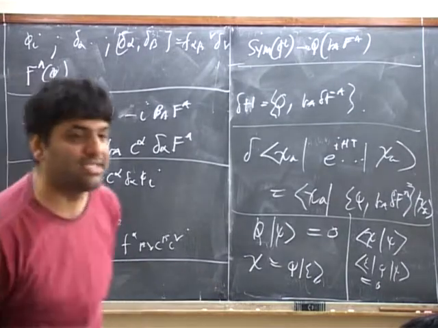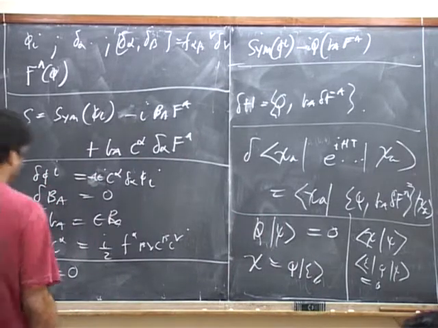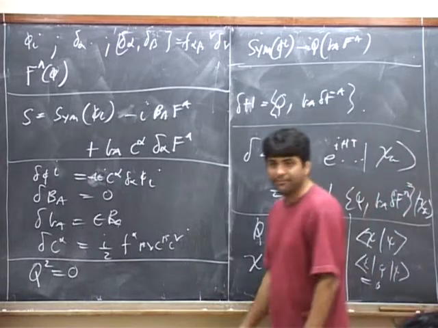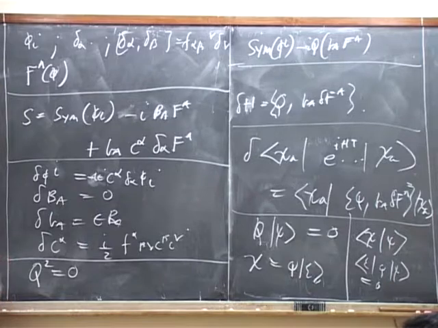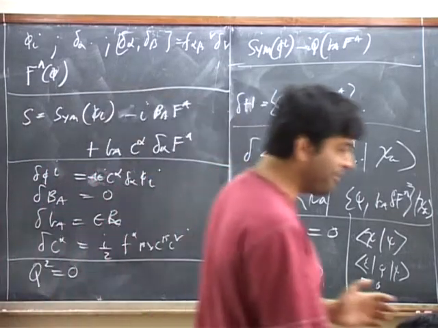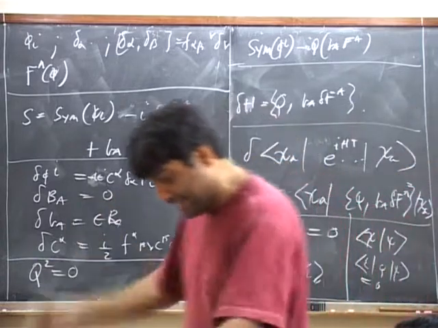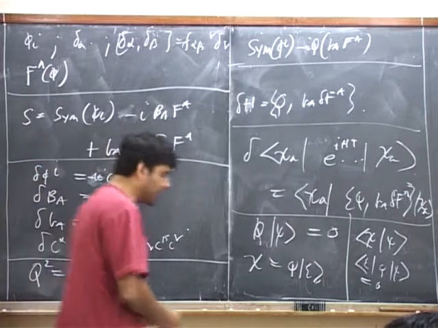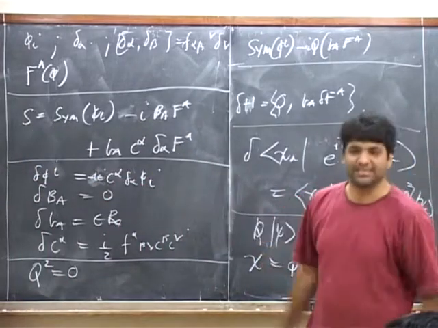So clearly these states should be thought of as describing the same physical system, because they're physically indistinguishable. Okay? So our final prescription was as follows. The true Hilbert space of the theory is made up of equivalence classes. First we define the set of physical states, the space of states that are annihilated by Q. And then we looked at equivalence classes where states were considered equivalent if they differed by Q acting on some other state.